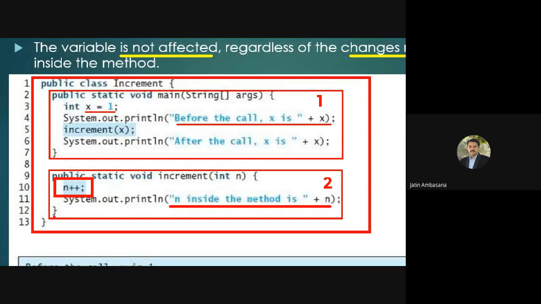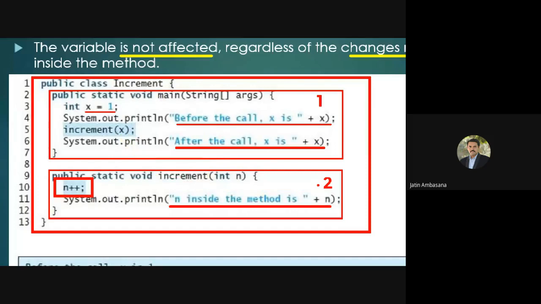Then the control goes back to the next statement after increment. So the control goes on to this println statement, and it says after the call x is what? It will again print 1 only, not 2, because this 2 has not taken effect on this x.